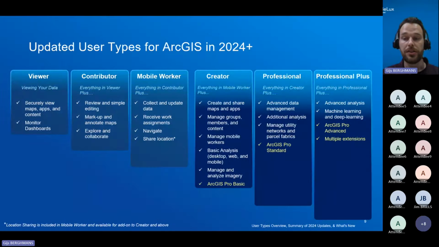So now there are 6 instead of 7 user types. And when we have a look at all of these 6 user types, you can see that from left to right, or from viewer to professional plus, there is an increase in capabilities and access to products. The most important updates that we would like to emphasize on this slide are the fact that a creator will